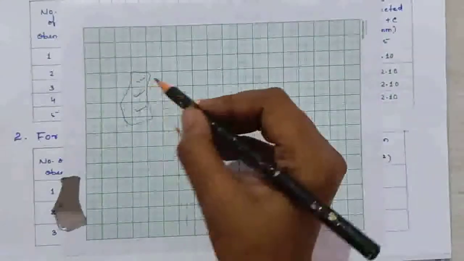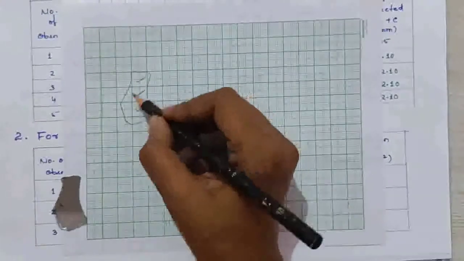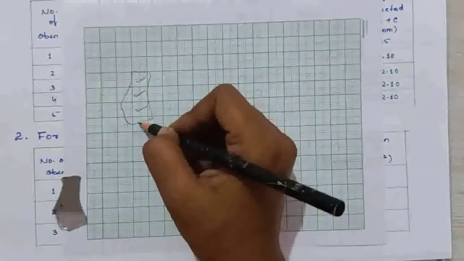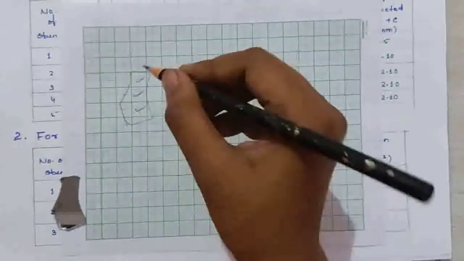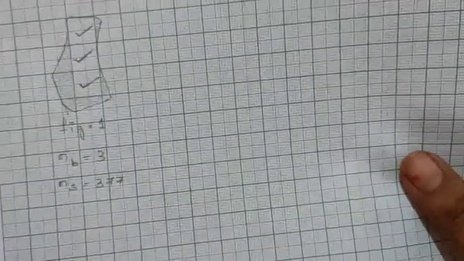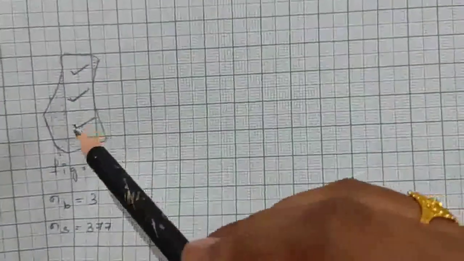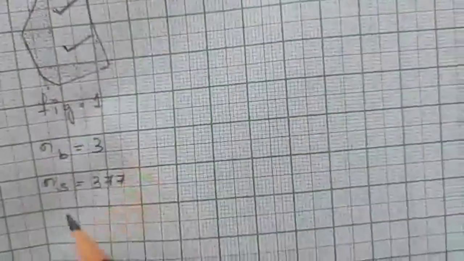The remaining squares, as you can see, are less than half of a square. So our job now is to count all the small squares you can see apart from these three big squares. Okay, so let me count all the squares, and later I'll tell you. See, I have just calculated. You can see there are three big squares, complete big squares. So in this first figure we have NB, that is the number of big squares, equal to 3, and the number of small squares, as you can see I have counted with dot symbols, is coming as 377 in total.